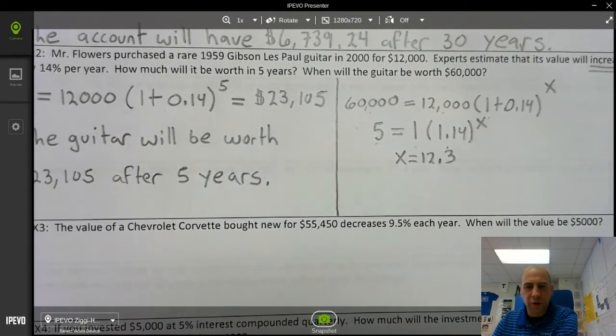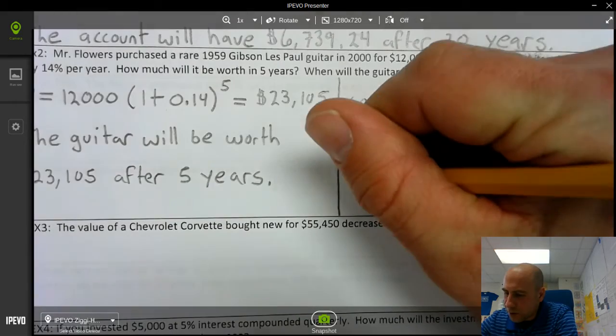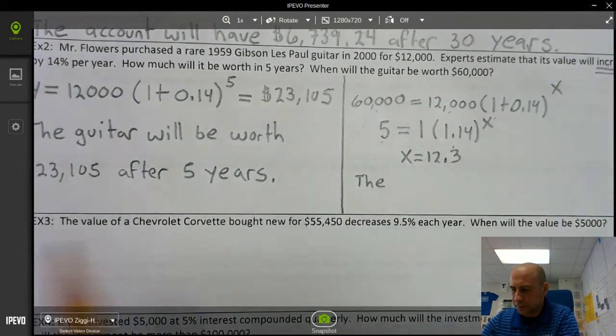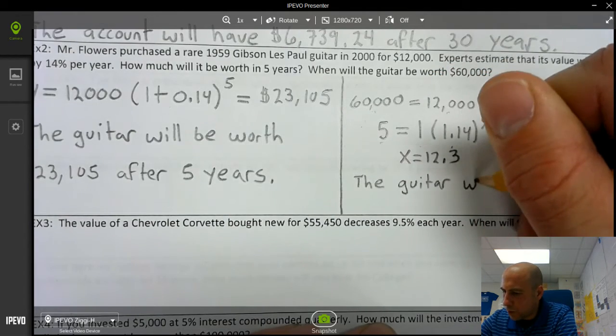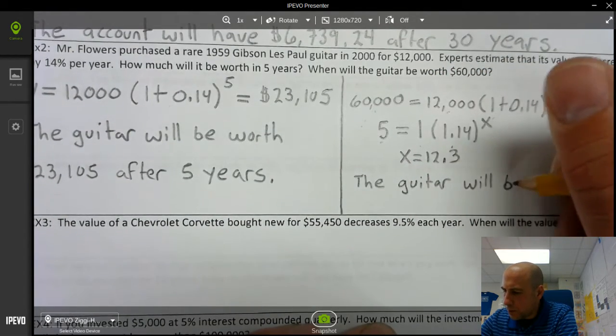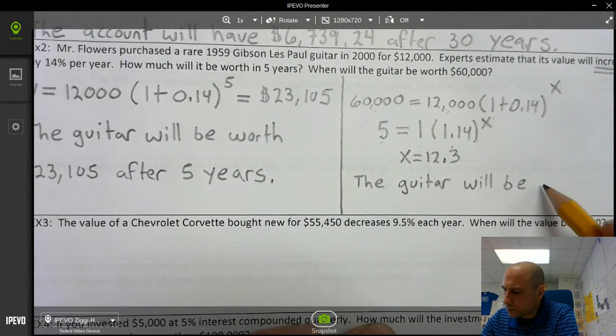So remember, you always write your conclusion in a sentence. So you write, the guitar will be worth